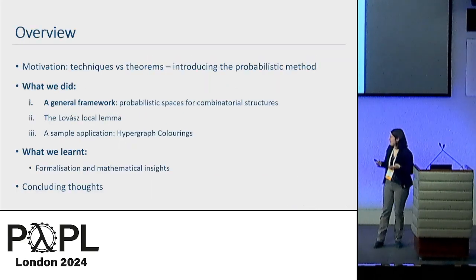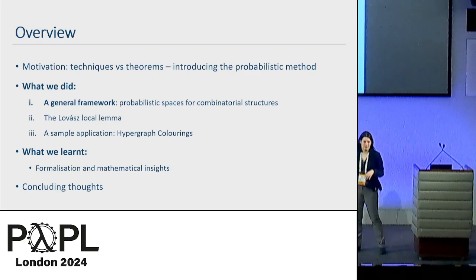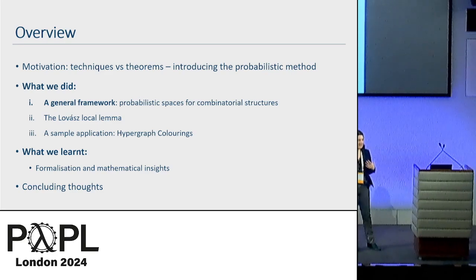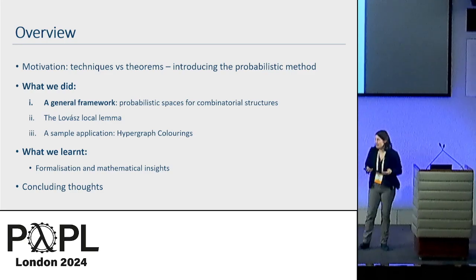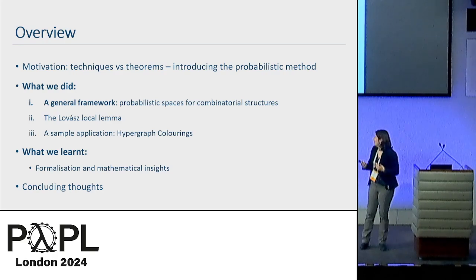So today, I want to give you some insight into how we go about doing probabilistic proofs for combinatorial structures in a way which isn't just about hacking away at getting one proof out, but we do it in a smart way that mirrors the kind of techniques you might see on paper. And this very much fits with my philosophy for formalisation, which is focusing on techniques over simply formalising